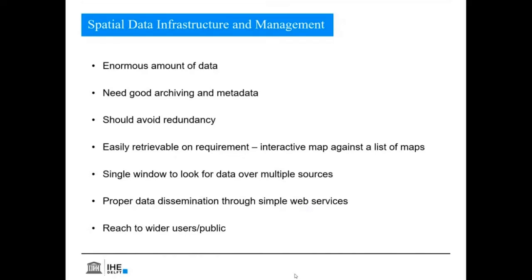But at some point fanciness took over, and the real idea behind SDI got lost. It should be easily retrievable on requirement, an interactive map rather than a list of maps. It could be a single window to look for data over multiple sources. I think the idea of KWARIS is like that: any data related to water in Karnataka, KWARIS should be a single window. It also facilitates proper data dissemination through simple web services, and these web services can be accessed in QGIS, in desktop GIS, in WebGIS. So one server, multiple clients. That is the idea behind